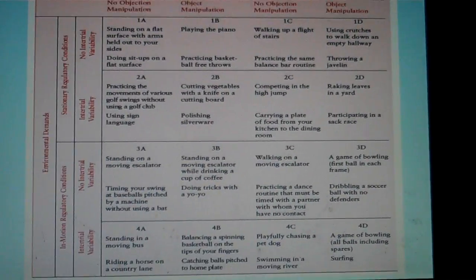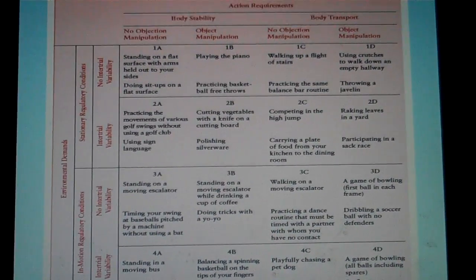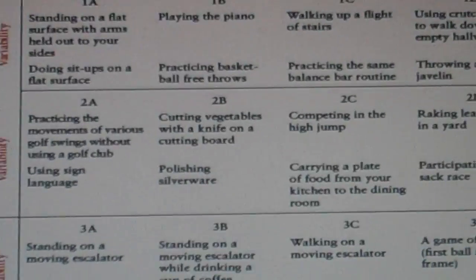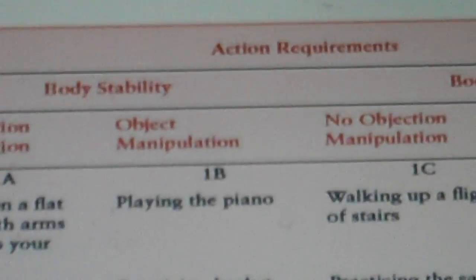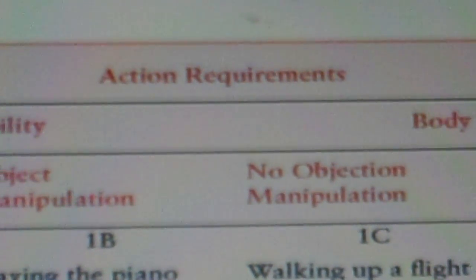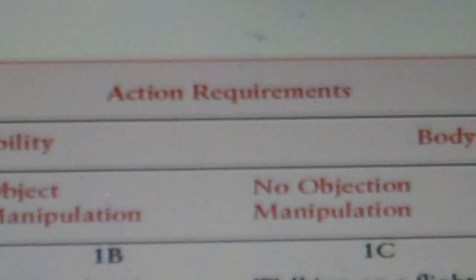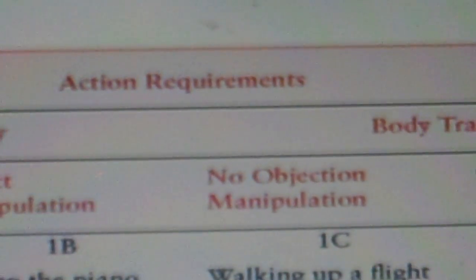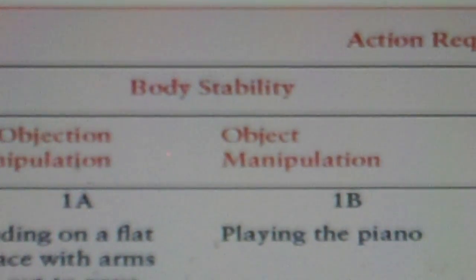Gentile's taxonomy breaks skills down into two broad categories, and I hope I will zoom in here. Hopefully we'll be able to see these. The first one is action requirements. So these are specific requirements about the skill. Those action requirements can come in two categories. The first category is body stability